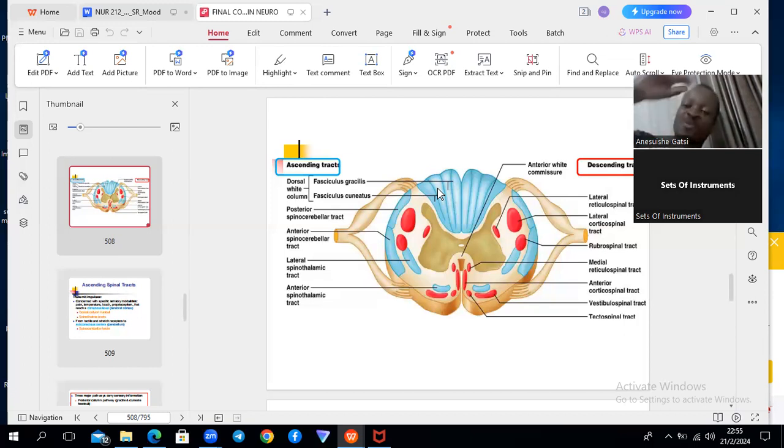Third order neuron is the neuron from the thalamus to the cortex. First order neuron, periphery to the CNS. CNS can mean spinal cord, brainstem, brain, anything. Second order neuron is the one that decussates and goes to the thalamus. Third order neuron is the one that comes from the thalamus and radiates to the cortex. The issue of radiation will become important because I'm sure you know about pain. If pain didn't radiate, some of the things that we do with pain or perceive with pain would not be possible, right? But this gives us a picture of